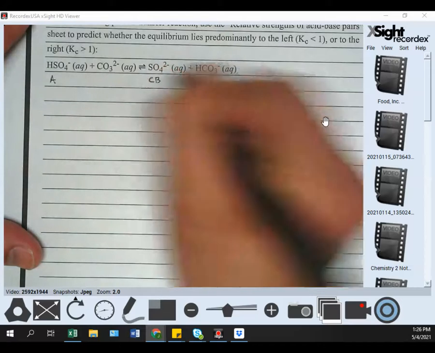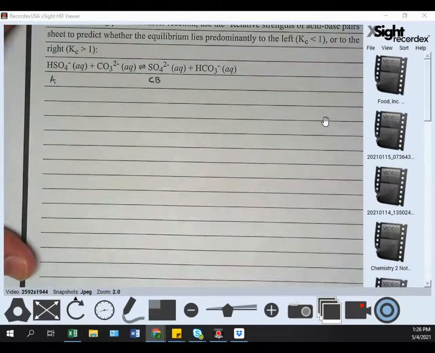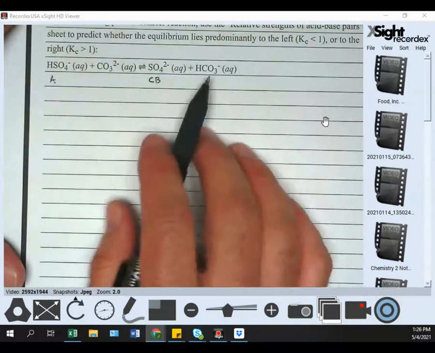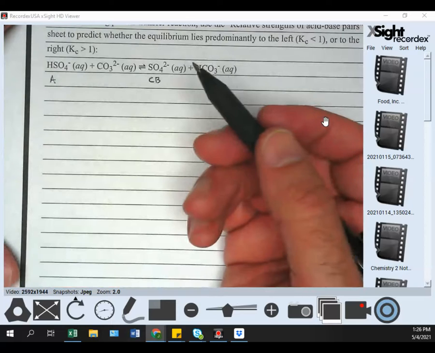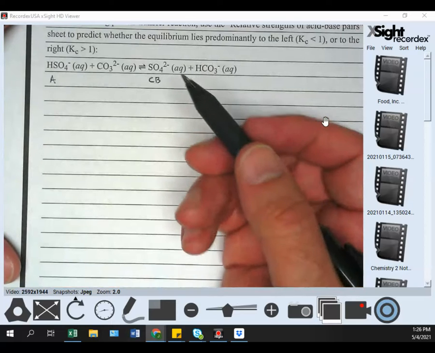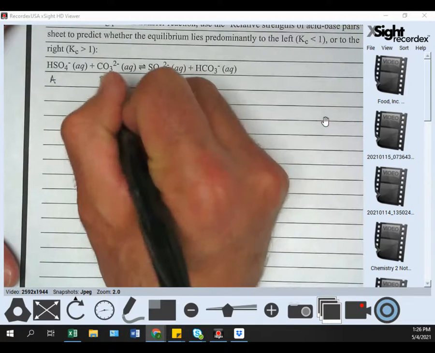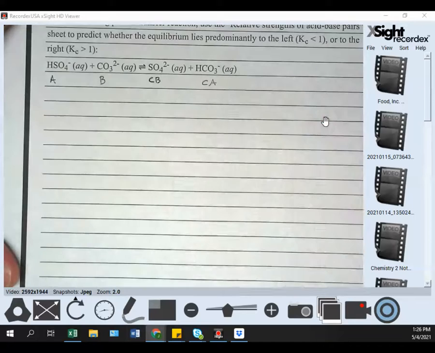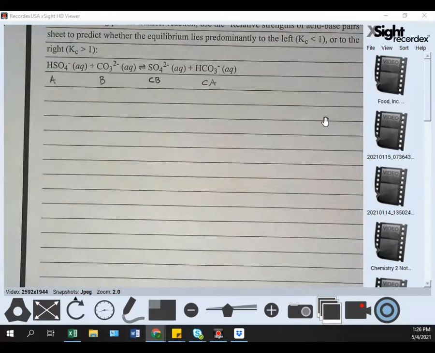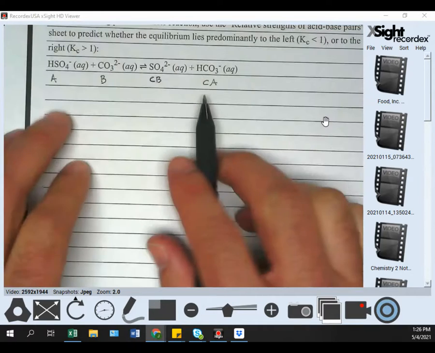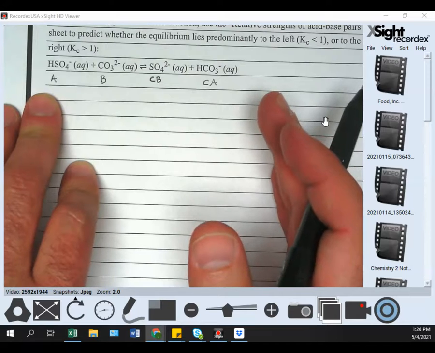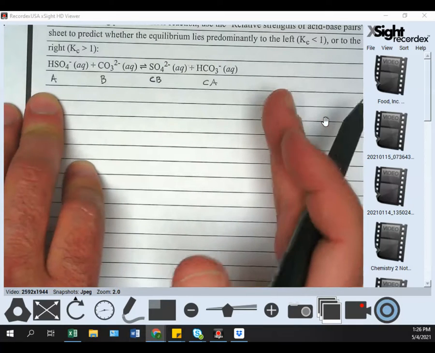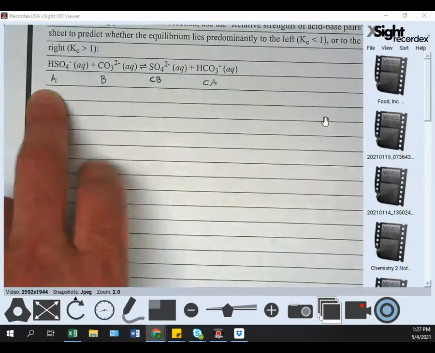So I'm just going to put Cb, because they didn't ask us to really write it out. We just need to identify it to figure this out. As long as we're pretty sure on that, that means our other one has to be base and conjugate acid, right? Because we need both. Now let's just compare. You can do both, but in reality, you only have to check one, because the strong acid and the strong base should both be on the same side. So if we check our acid,